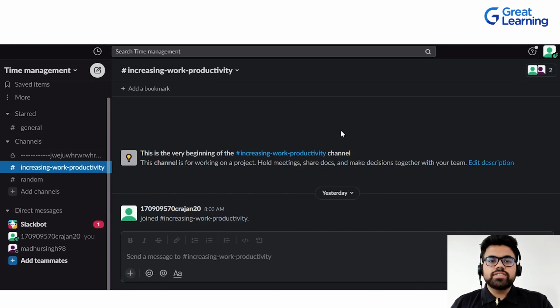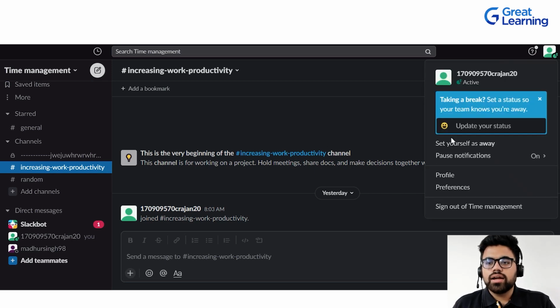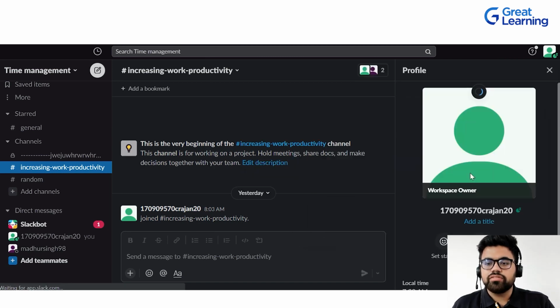All right. After seeing all the basic channels, how to download Slack, what the different channels of Slack are, and how they operate, I'll give you some productivity tips and key features that are essential to know when working on Slack. So we start off by going to the top right corner, in which I have my profile symbol. When I click on it, I can edit my status, I can edit my profile. So let's go to the profile preferences here.